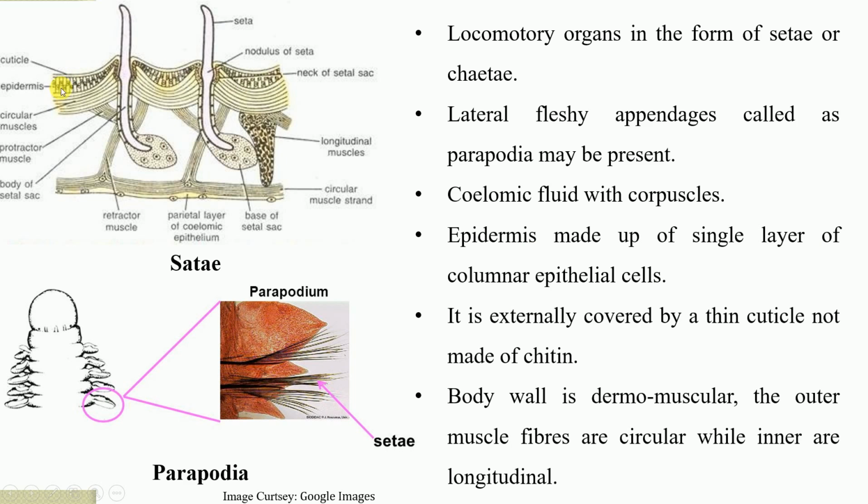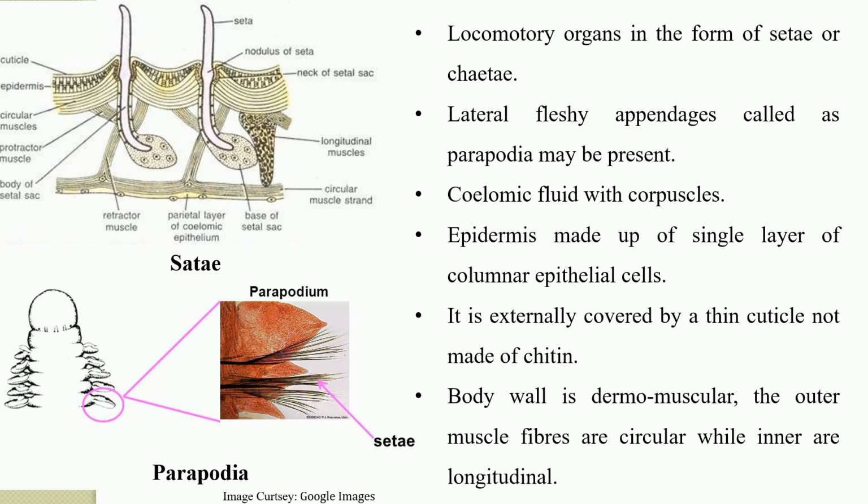So in this diagram you can see the epidermis, which is a single cell layer, and if you see the cells, they are looking like columns. So these are the columnar epithelium. Now it is externally covered by a thin cuticle. So here you can see, at the exterior of this skin, you will find the cuticle,